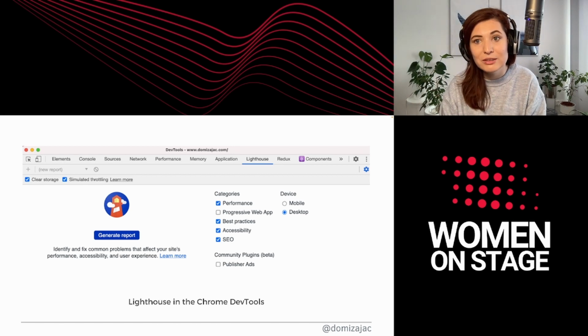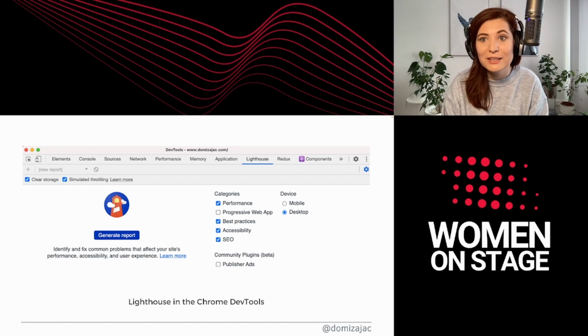Again, in Chrome DevTools. I mentioned I'm a huge fan of this tool. You can just go to Chrome DevTools, find Lighthouse tab and choose category Accessibility.